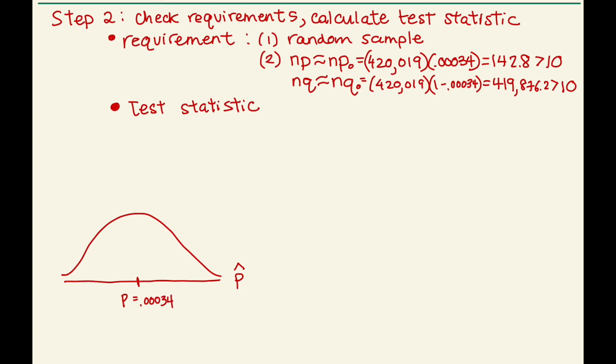And what we would like to know is how far apart the null value is. So that's the assumed proportion of cell phone users who have developed brain cancer. How far is our sample data, p hat, from this null value? And we know p hat was about